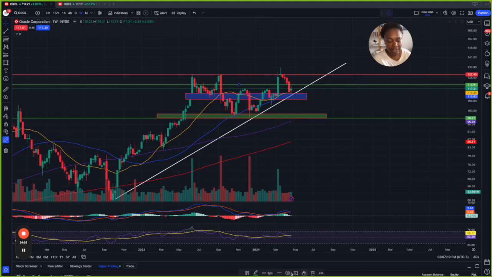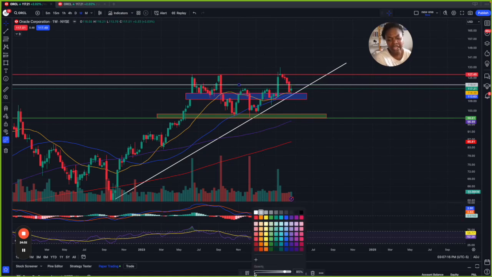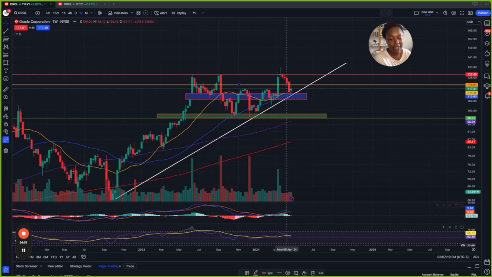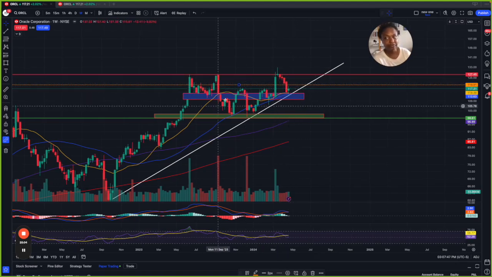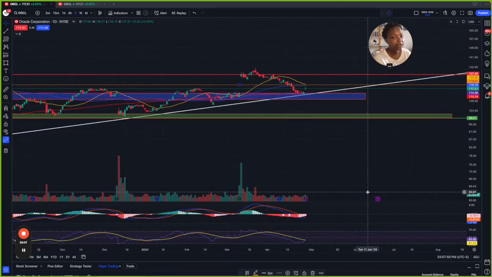So I'm going to go ahead and mark this range off and set an alert to let me know when price comes to the 120 range. And then I'll check on it towards power hour every day, because maybe price pulls back inside of this gap, and then we get a high probable price action signal like a pin bar, a hammer, an engulfing pattern, or an inside bar, whatever it is that would give me that price action signal that we're on our way back up. But other than that, I would like to see it break the high of last week before I enter. Now, if we came down to the daily, loves.